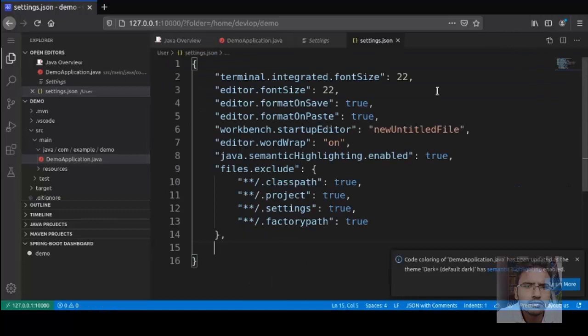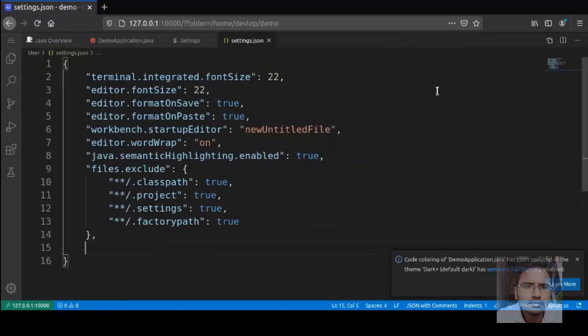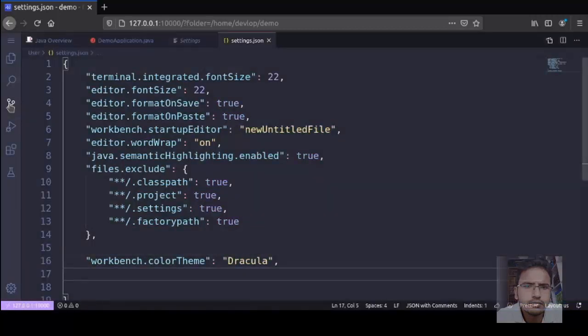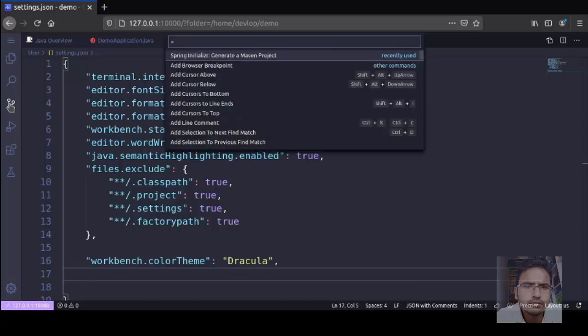Now in the settings, I will be changing all the settings manually. First, I have changed my theme, workbench.colorTheme, Dracula.